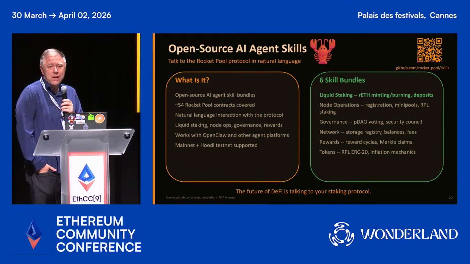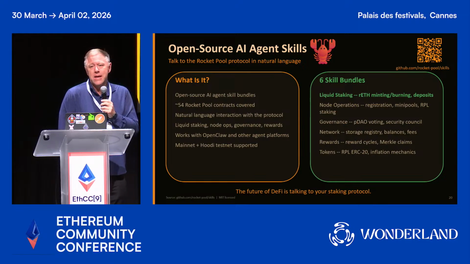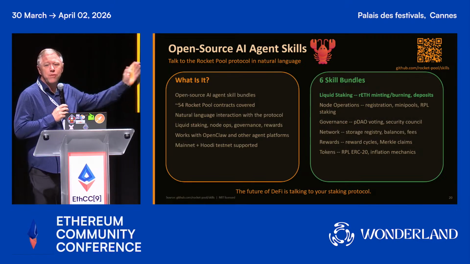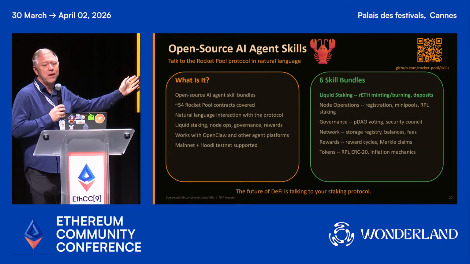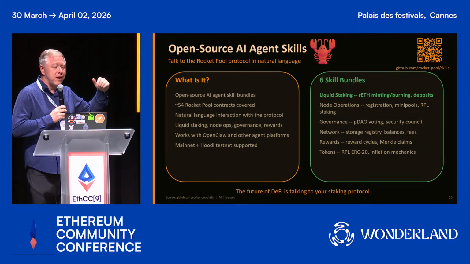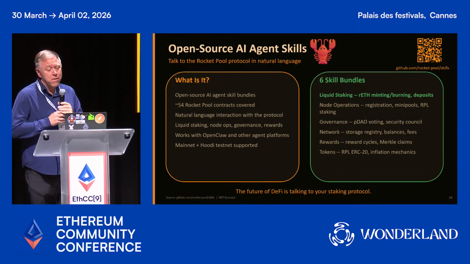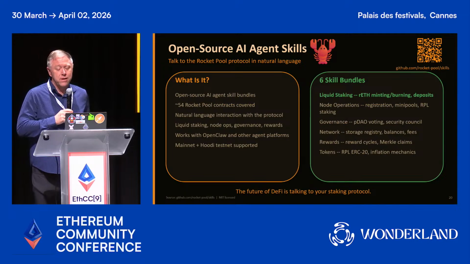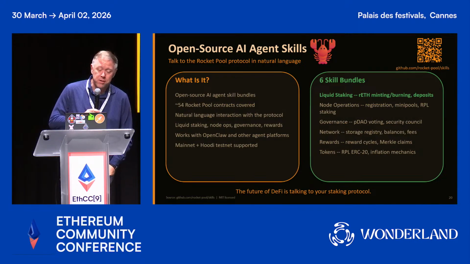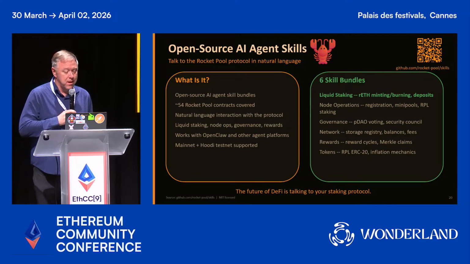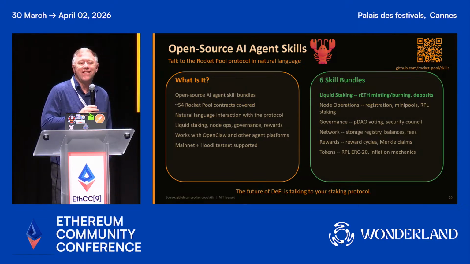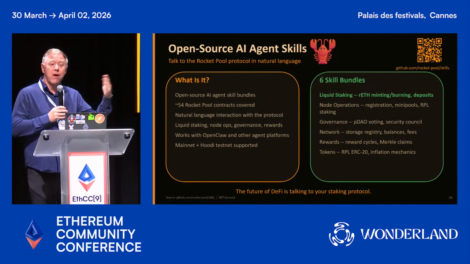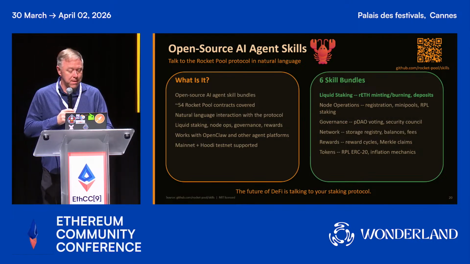The other thing that was announced right around ETH Denver about a month ago is that Rocket Pool now has a toolkit. One of the things I personally believe is that most of the transactions on Ethereum will not be initiated by humans with wallets. It's going to be initiated with AIs with wallets. And so it now has a toolkit. And these QR codes are active. You can download it, and you could give it to your OpenClaw or Claude Code or whatever you would like to interact with RETH. And I think we're going to see most protocols, instead of just issuing a front end, they're going to issue a front end and a toolkit at the same time.